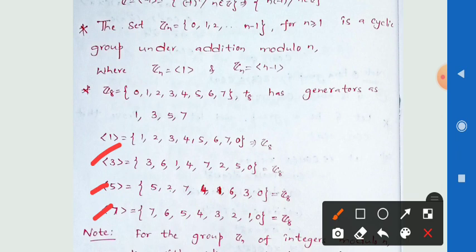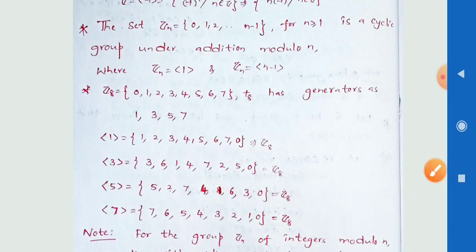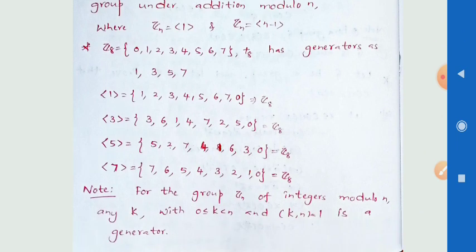Means if the values generated by generator 1, generator 3, generator 5, generator 7 are equal to Z8, then we can conclude that Z8 is a cyclic group, and the generators of the cyclic group are 1 3 5 7. Note, for the group Zn of integers modulo n, any k with 0 less than or equal to k less than n, and if GCD of k comma n is equal to 1, is a generator of